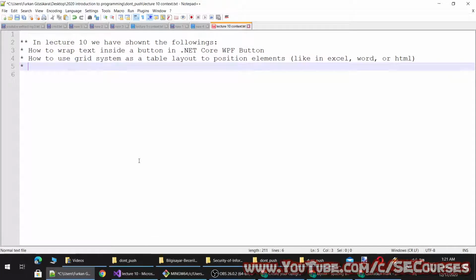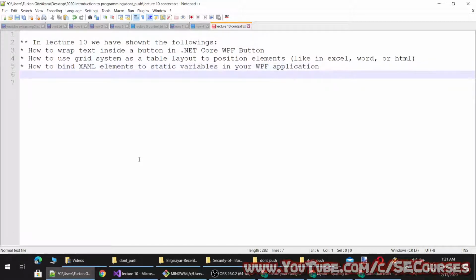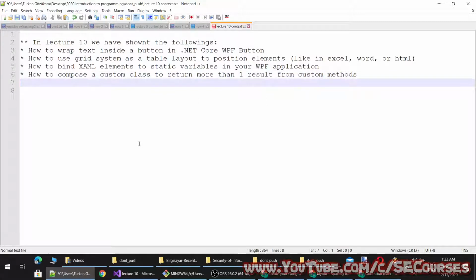And how to bind XML elements to static variables in your WPF application. How to compose a custom class to return more than one result from custom methods.